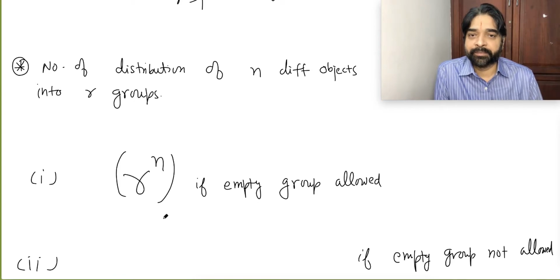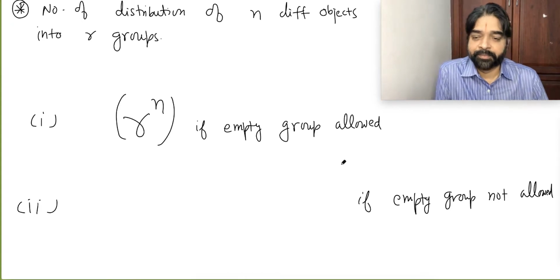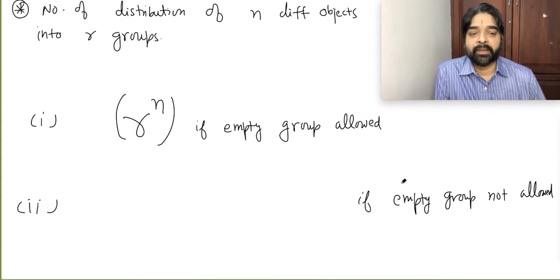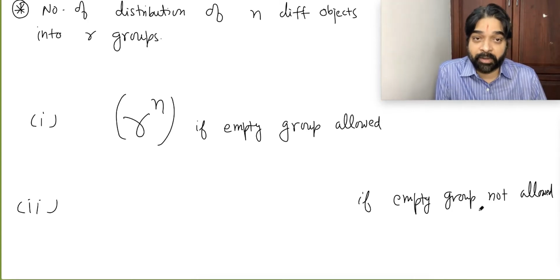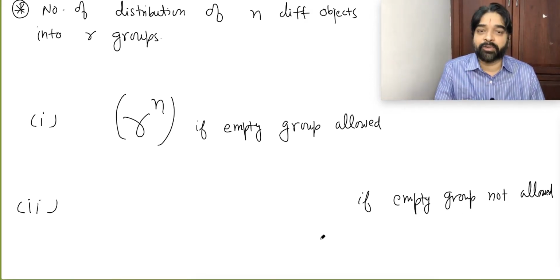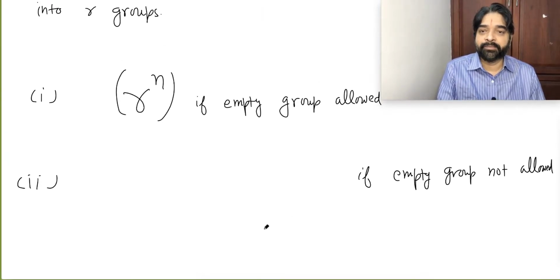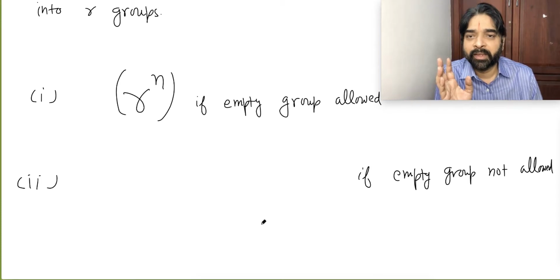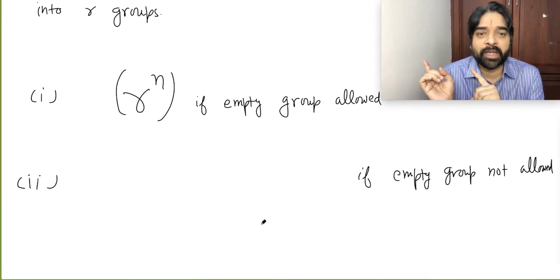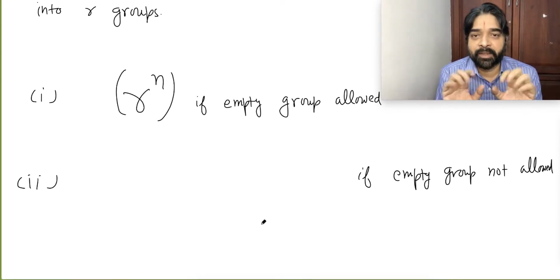Did you understand? The second case is the most dangerous case, very dangerous. If an empty group is not allowed, then it's a big problem. Let's do a question to make you understand what I'm trying to tell. After that, I will give you the direct formula. All of you wrote this point. Are you able to understand what we are doing now? The formula we wrote first was for identical objects. Now we are doing it for different objects. These two are different situations. Don't apply it here.